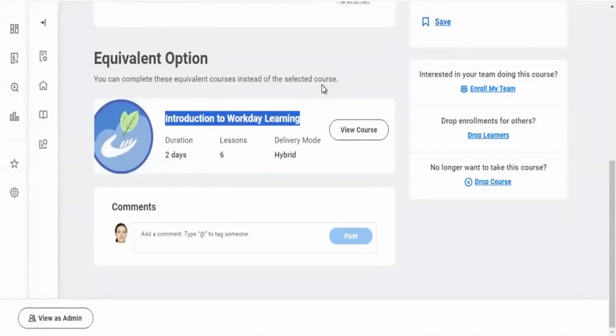When any of these courses is assigned to an employee, they can complete either of them because both are equivalent courses. We've created equivalency rules as per the business requirement. An employee has a choice. They can go for either of the courses as per their choice. That is what you need to answer.